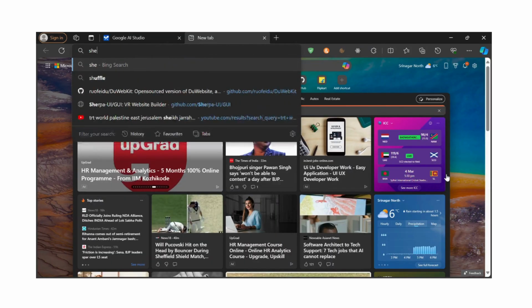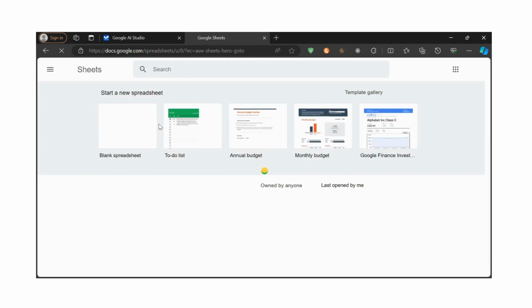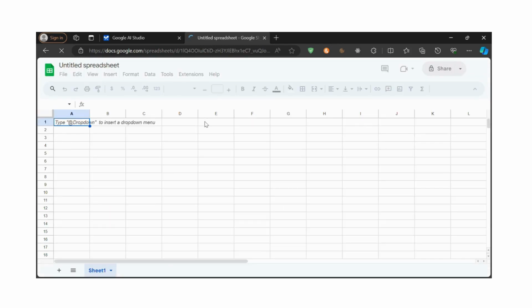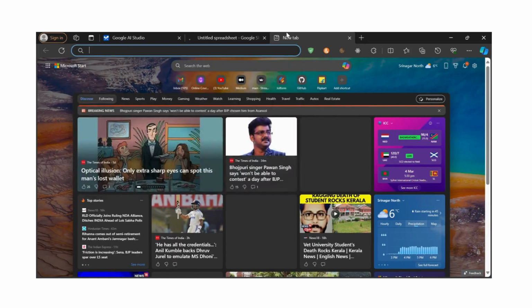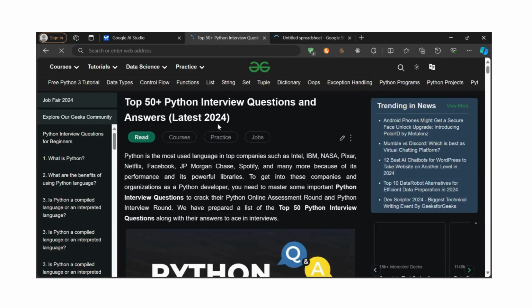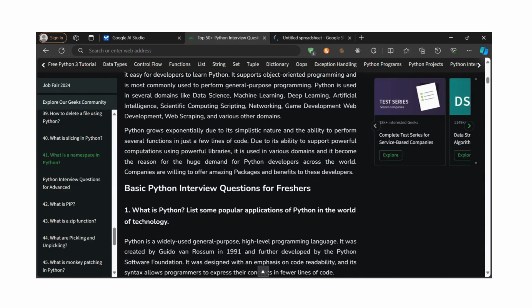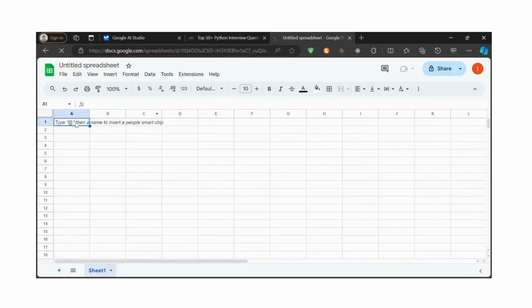now we're going to open Google Sheets and create a new sheet. A blank spreadsheet we're going to create. And then here we are going, wait, oh, I accidentally closed that. Going to now do here what is Python. I'm going to copy this and paste it here. Copy the question,